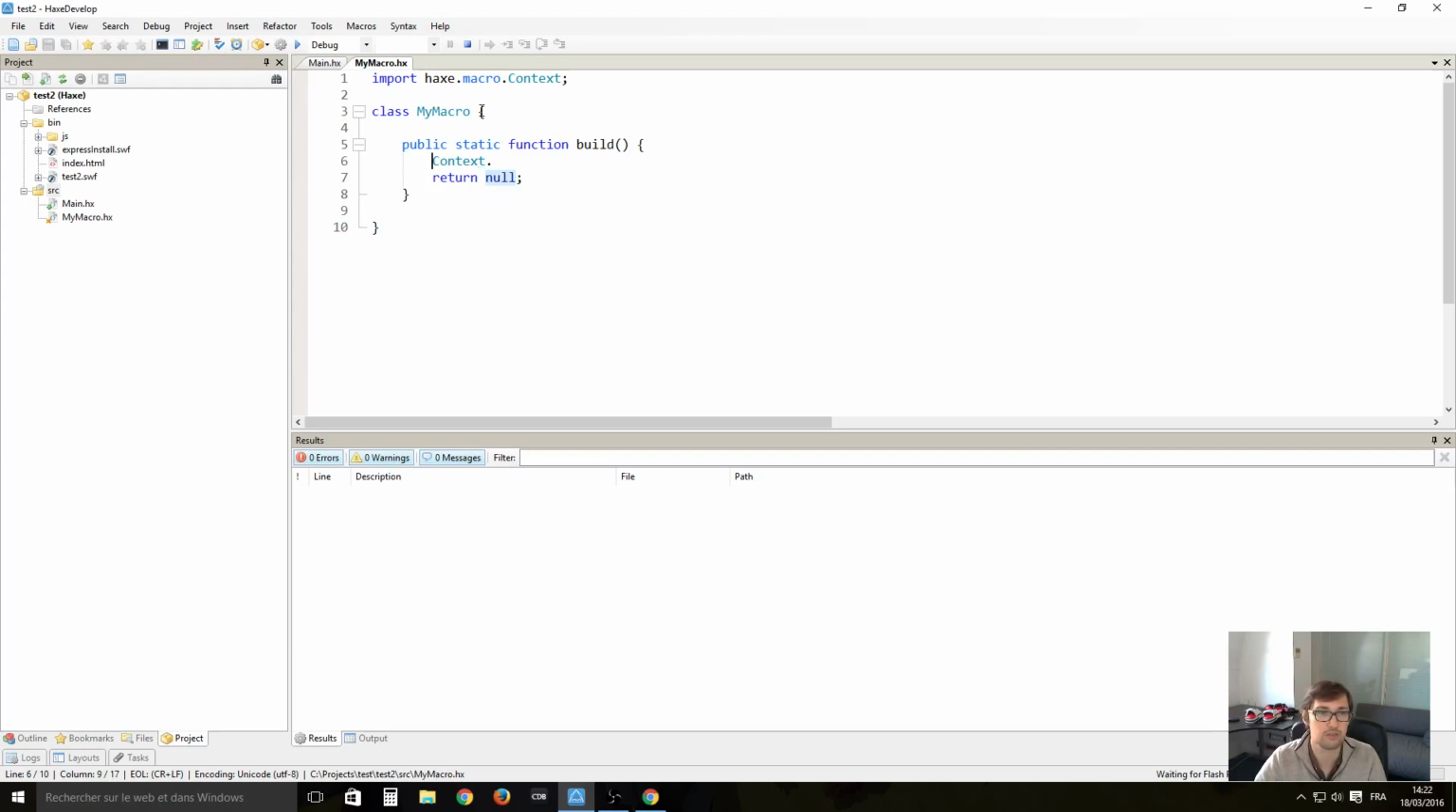So here what we can do is, for instance, get the fields, which is getBuildFields. Basically when you get the build fields, you will get all the fields of the program. So the main function here, we can add a few ones. Okay, and here if we trace the fields, for f in fields, trace f.name, for instance, you can